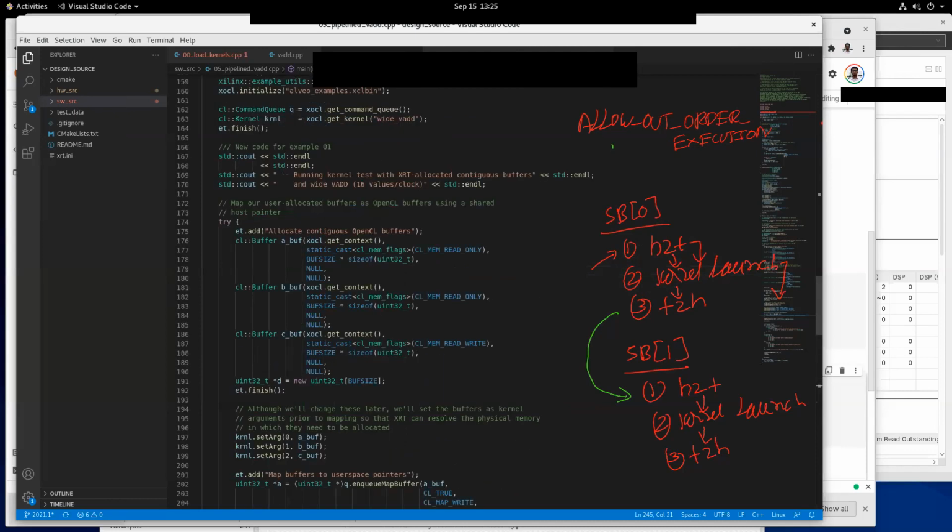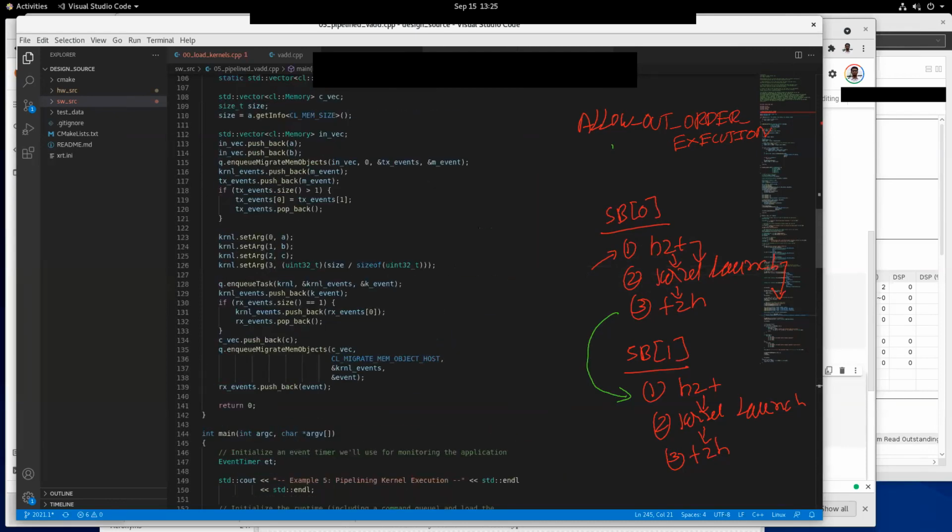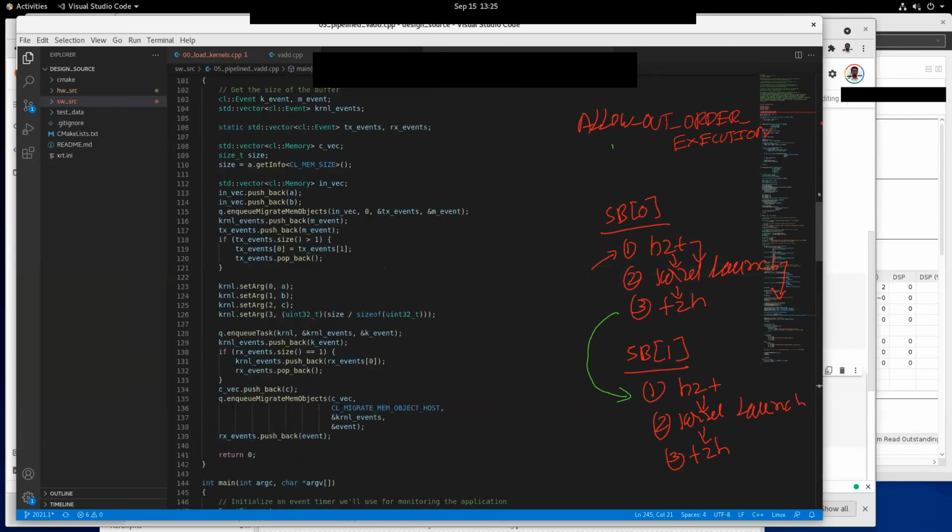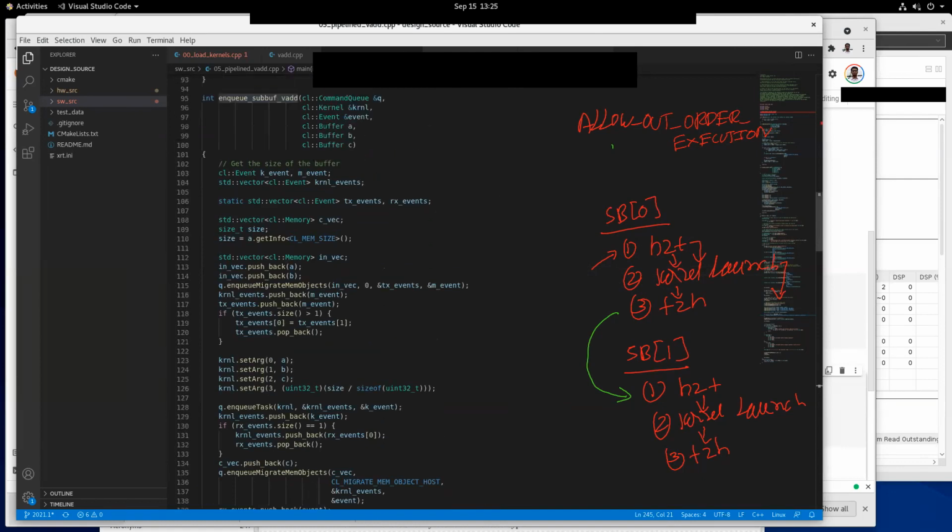Okay. So if you go look at the code, I am just giving a big picture. But broadly speaking, whenever you are enqueuing a thing, the last parameter kind of sets up a dependency.